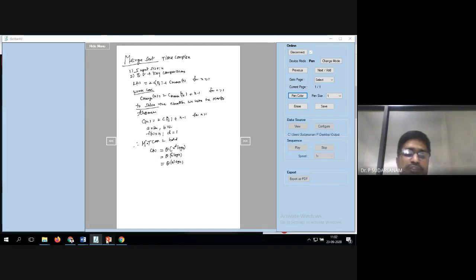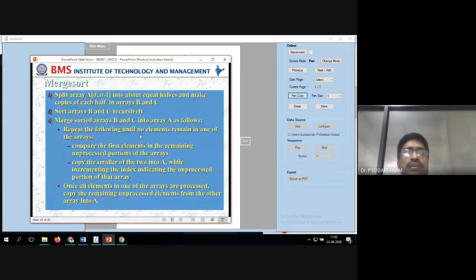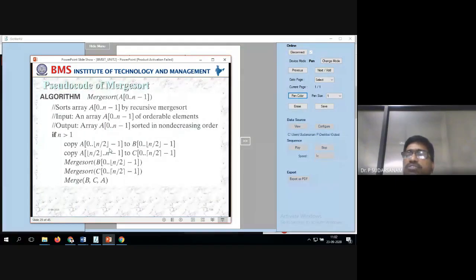Now, yesterday I told you how merge sort works. I hope you understood yesterday how the program works. I'll say the algorithm once more. You divide the array into two parts and find the mid value, which is low plus high divided by 2, the starting point plus the ending point divided by 2.